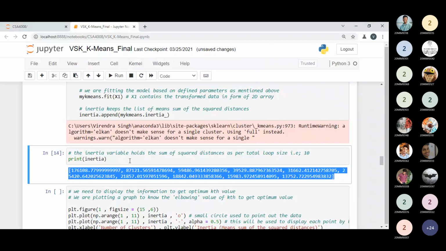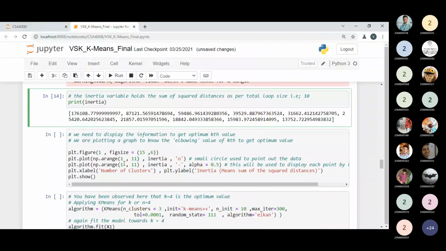And what is inertia? Inertia is the distance values. We can say this is the mean of the squared distance value, or we can say this is a kind of error, as we have seen in our graph in the perpendicular portion. So this is the point. Now, so far everything is clear. So total inertia will be 10 as per the one loop. Now is it clear to all right now?